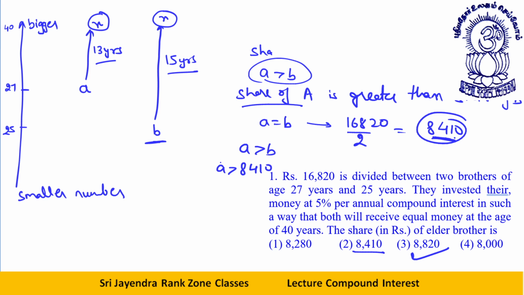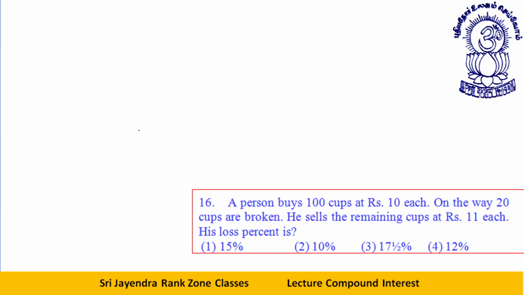I didn't do anything. This is a question which has been asked in your exams. I haven't changed a single word in this question. This is as it is. The question appeared in your exam. Okay. I'm sure it must be clear to all of you now. Okay, dear students. I take the next question and that also I'll solve by shortcut.